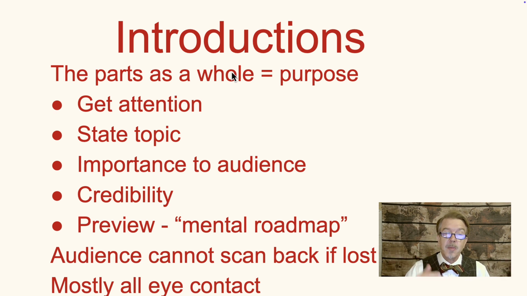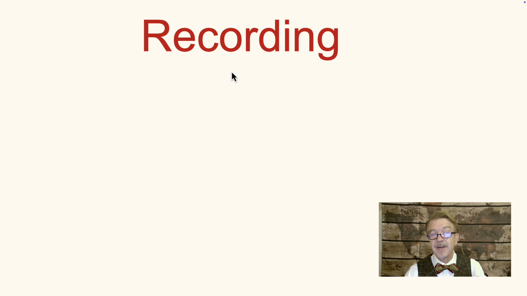Later on, you might not do as good a citation, or your eye contact might get worse, but that halo effect makes us think you're doing a great job anyway. On the other hand, if you're not looking at the audience most of the time and you're looking down at your notes and reading to us, then that starts us from the beginning thinking, even if it gets better, we still think you didn't do as good a job. So try to get those down as much as you can. Not saying the entire thing, but you can.